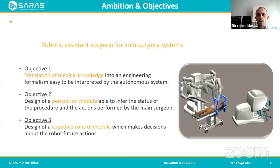To reach this goal, we need to translate the medical knowledge into an engineering formalism that allows an autonomous system to use and interrogate. Then we had to design a perception module that is able to infer the status, the procedure, and the actions performed by the main surgeon. It is in this object that we are developing the action segmentation tool based on deep learning. And then we are now designing the cognitive control modules that make the decisions and plan the trajectory